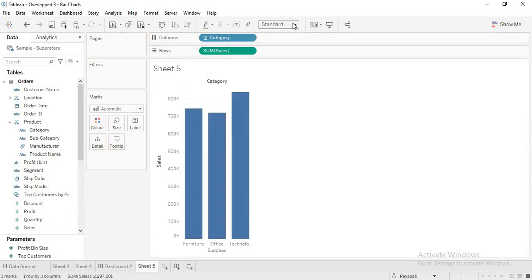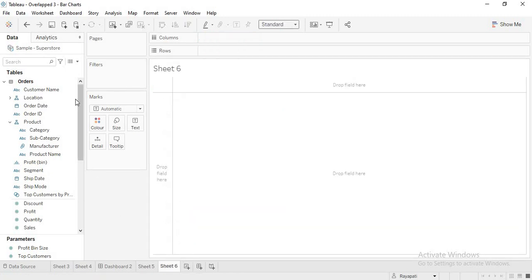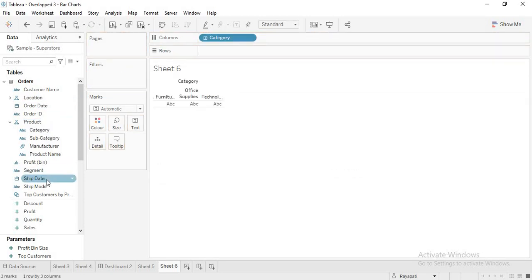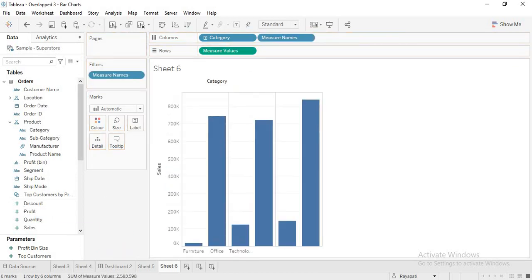Then I'll make it entire view, and I'll let these be. And I'm taking another sheet. In this sheet again I'm dragging category and sales, and I want to make it a side by side bar chart, so I'm going for a blended.